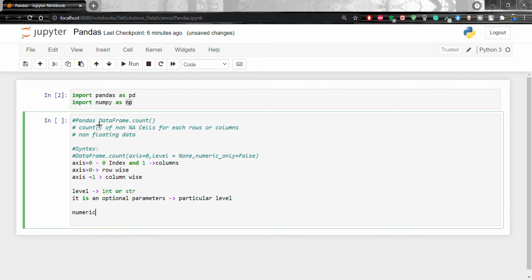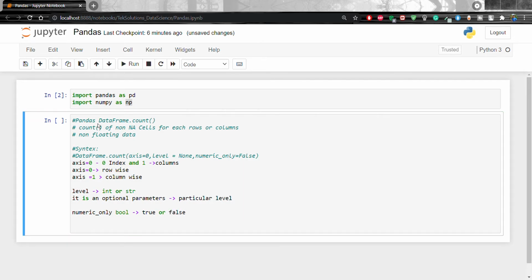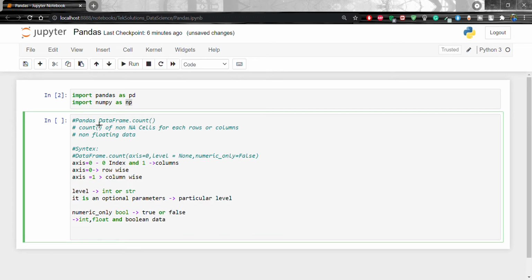The last one, numeric_only, is False by default. It is a boolean value that we pass here, either True or False. By default it is False. When True, it only includes integer, float and boolean data. So let's go with the example.